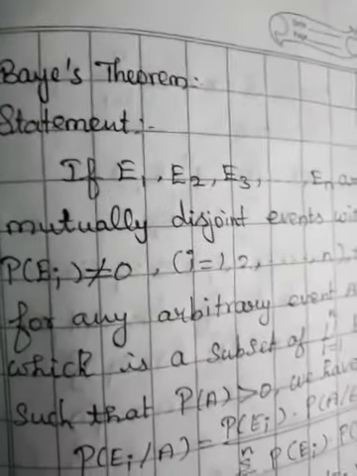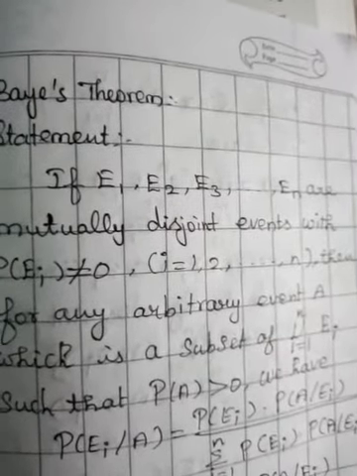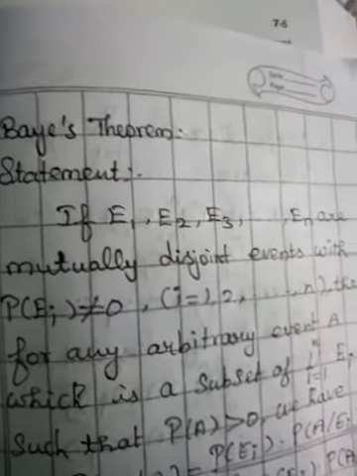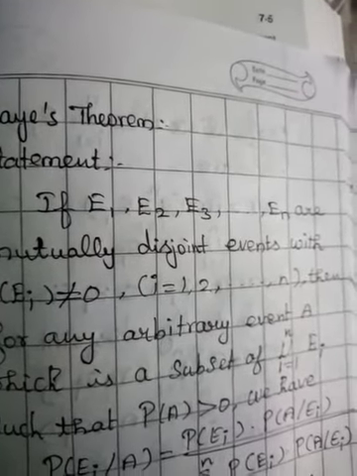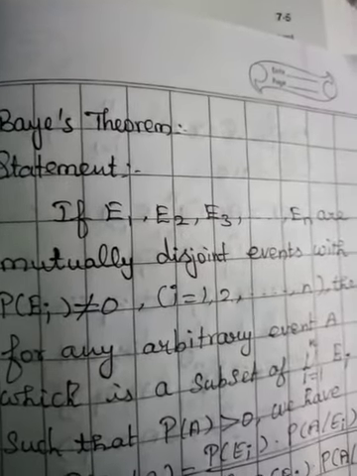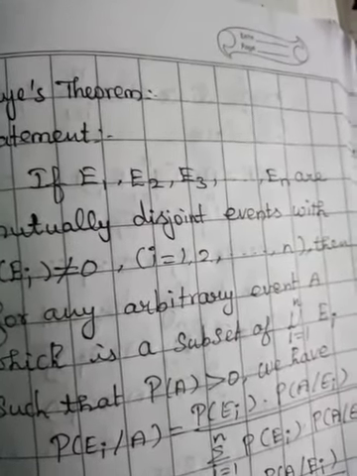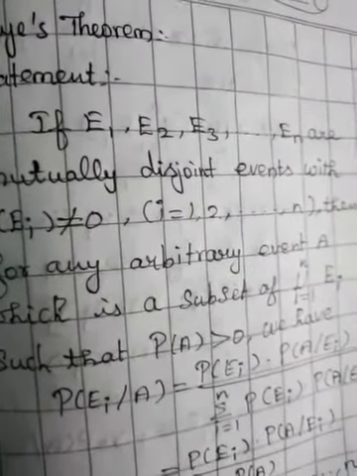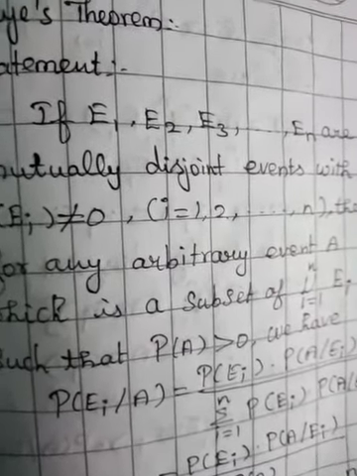Next theorem, important Bayes theorem. Statement: if E1, E2, E3, up to En are mutually disjoint events with P of Ei not equal to 0, i equal to 1, 2, 3, up to n, then for any arbitrary event A which is a subset of union i equal to 1 to n Ei such that P of A greater than 0, we have P of Ei divides A